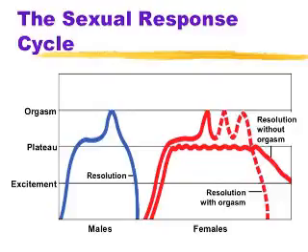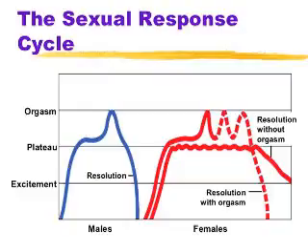Here in this graph, you can see the differences between males and females. Males are blue, females are red. In the case of men, you can see how the line goes up very steeply during excitement. During the plateau phase, arousal keeps going up, and blood pressure and respiration keep going up, but it's a little more flattened because it's during the phase of penetration. Then it steepens again when it reaches orgasm, and after orgasm, it decreases abruptly, and this is the refractory period.